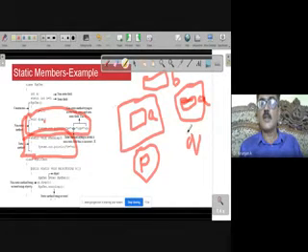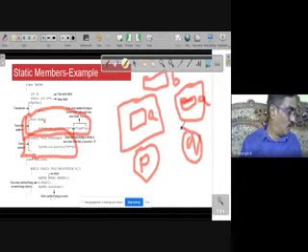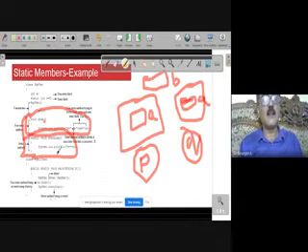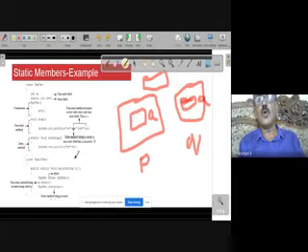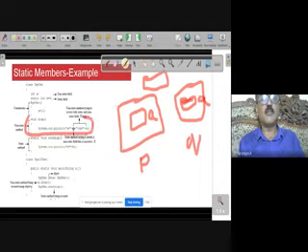I have to invoke the method disp either from P, p dot disp, or q dot disp. A non-static method has to be invoked only through the objects.